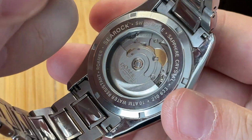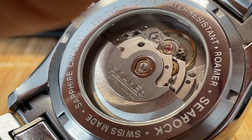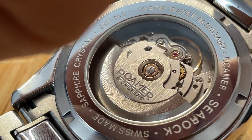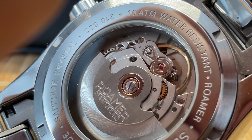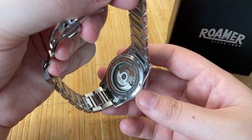So yeah, you can see the rotor has some nice finish on it. It's all machined because part of the rotor is decorated. The rest of that is ETA. But like I said, ETA pulled the plug on most of these watch brands, so now they're using